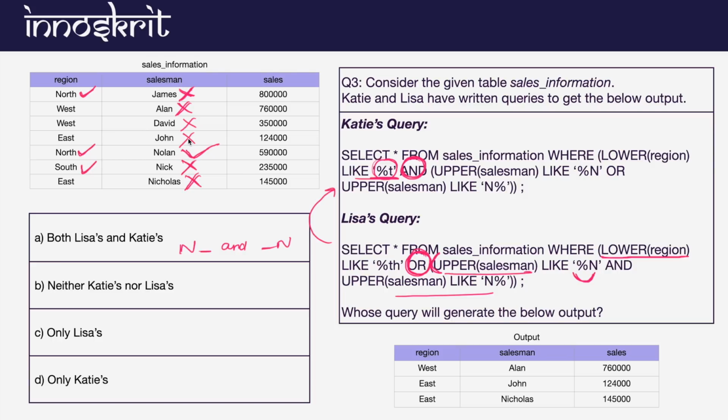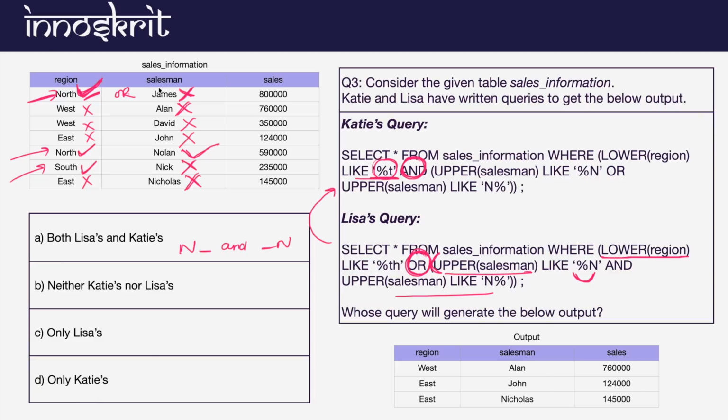Now what we will do is perform OR operations between them. So we have this thing or this thing. So in a way, if this is in the result set or this, that means this will be in our result set, and this will be in our result set, and this will be in our result set.